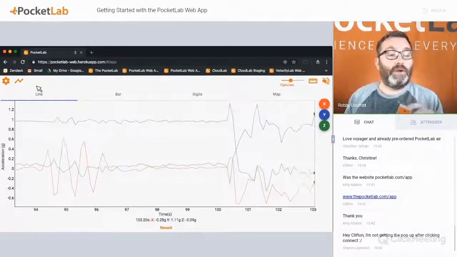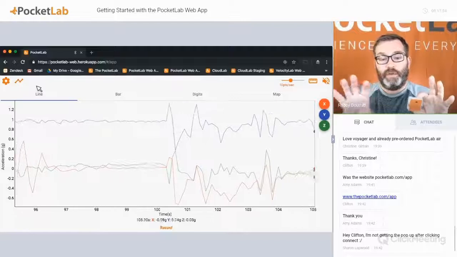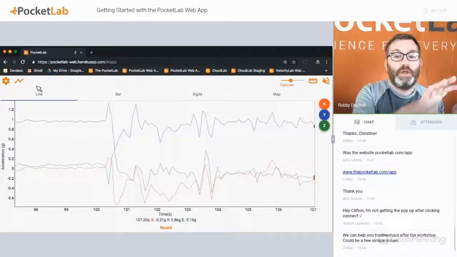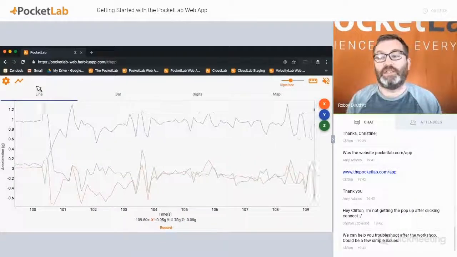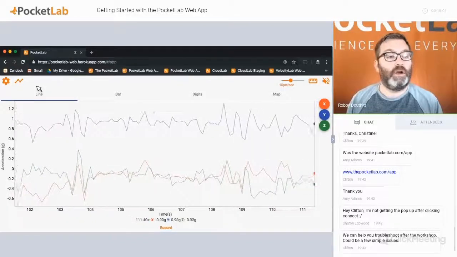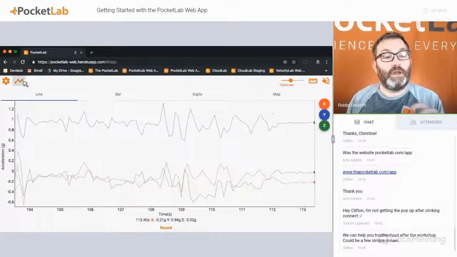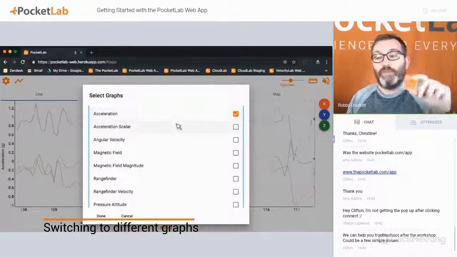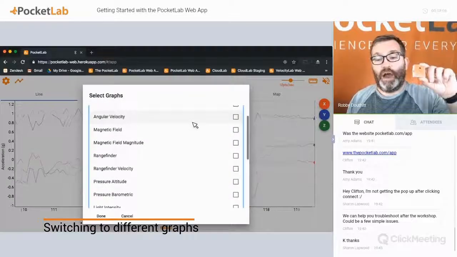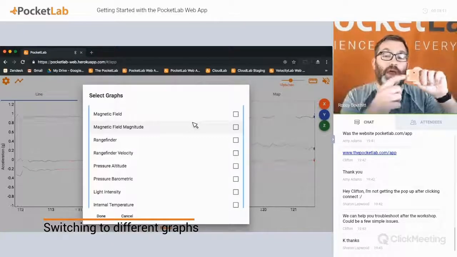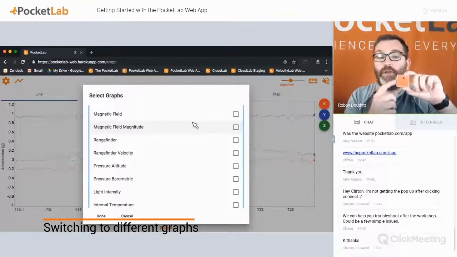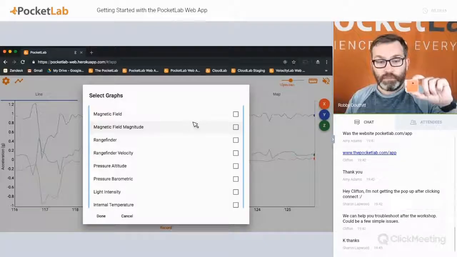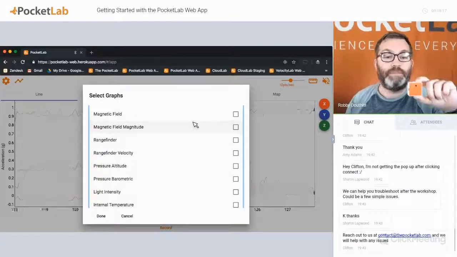Now that we're connected, I'm going to show you some basic navigation of the app before we get into data recording. In the upper left-hand corner is the switch graphs icon. When you click that, you can pull up all the different graphs that you can switch to, that your Pocket Lab can